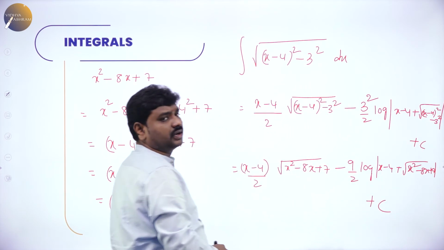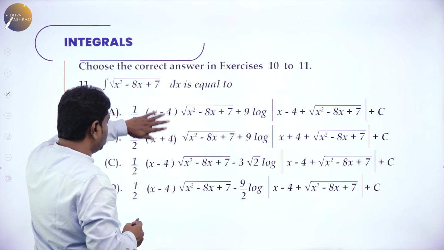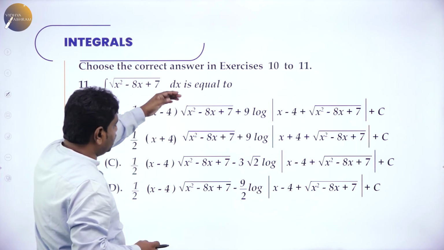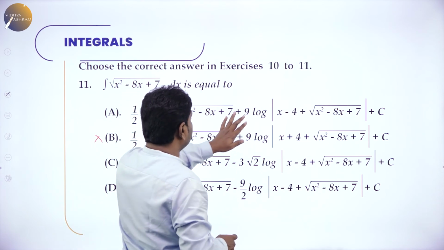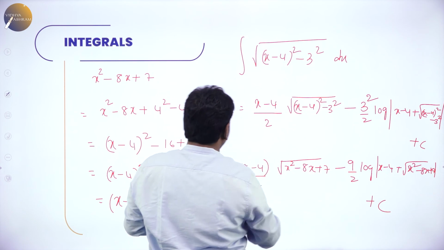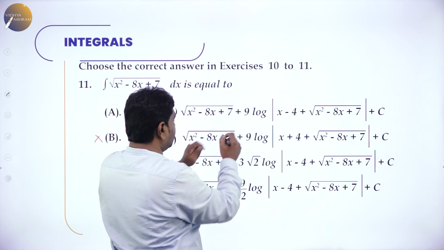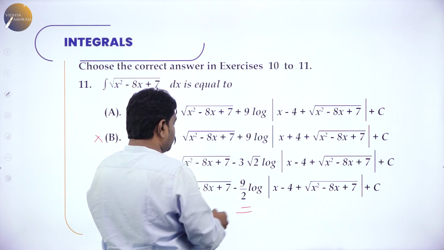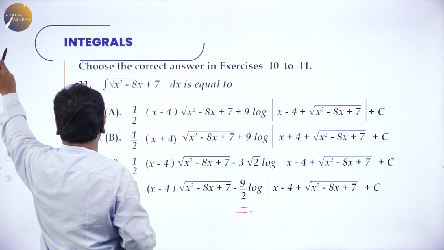This is a regular method, but you can do the elimination method also. I want x minus 4, only x minus 4 is here, so this is ruled out. And inside the quadratic expression, it should match. It is matching in all three. So a square by 2. What is a square by 2? After you simplify, you should get 9 by 2. So check where we have 9 by 2. Here we have 9, here we have 9, here we have 3. Only 9 by 2 is present here, you can tick it. Or if you have completely solved, you will get the same if you check.